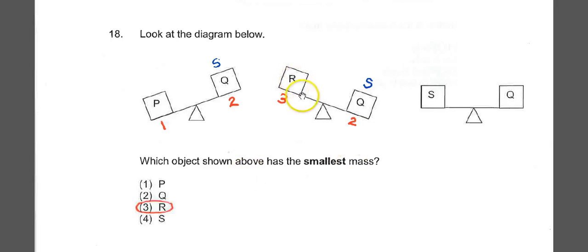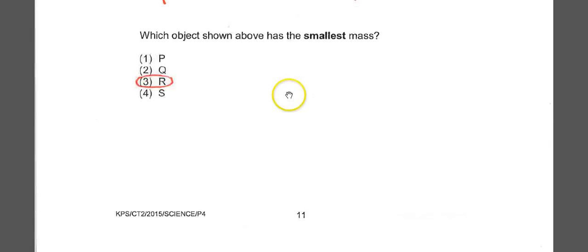Okay. Now I do not have much time to describe in detail for you. Take a look yourself and look from here and from here. You should be able to find out that R is the lightest, 3. 1 is the heaviest, second up. Okay, and this is heavier than R. R should be the lightest, the smallest mass.